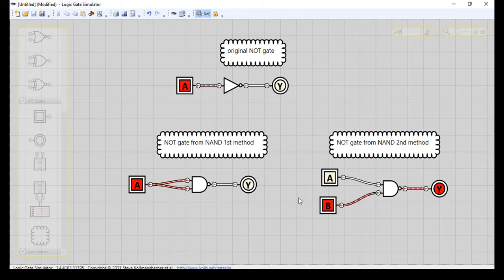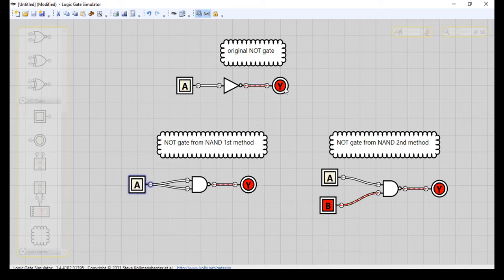Likewise, this is my second method of preparing NOT gate from NAND gate. Here you can see B is high. I will keep B always high. I'm not going to change the value of B here. So let's see. If the value of A is 0 in all the cases, you can see in the original